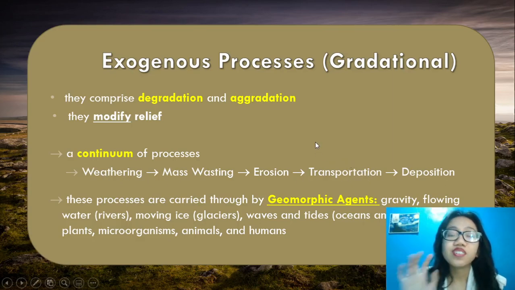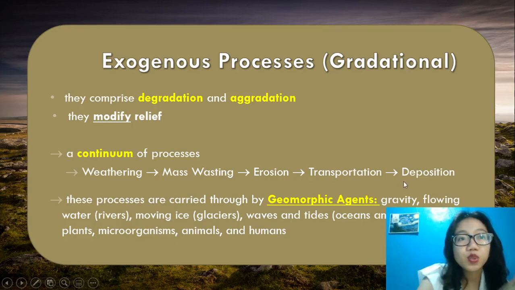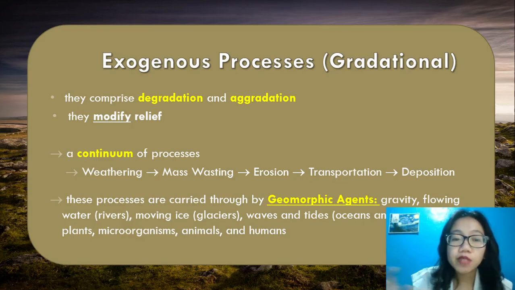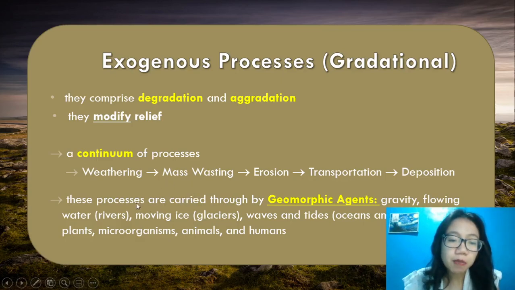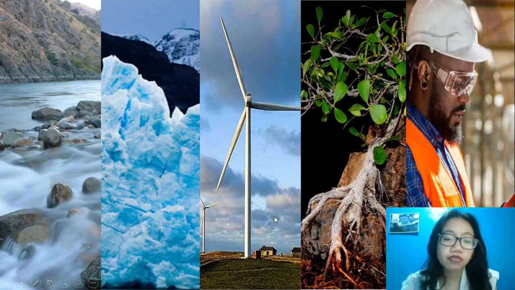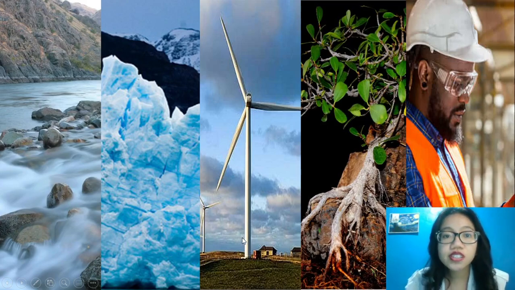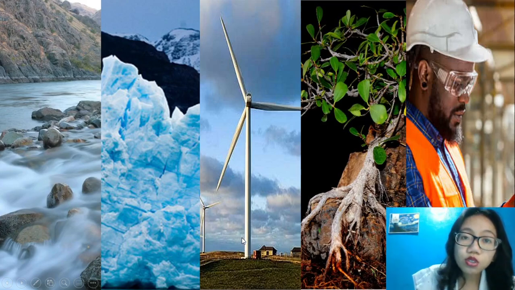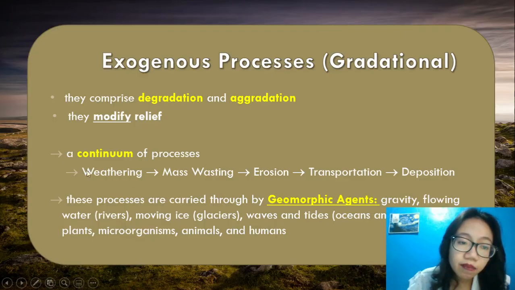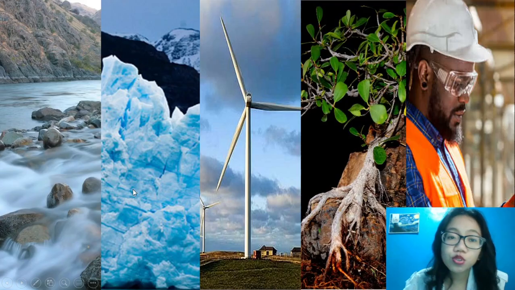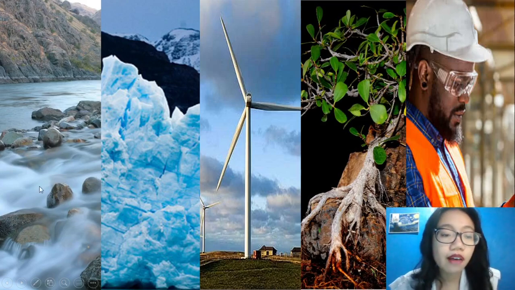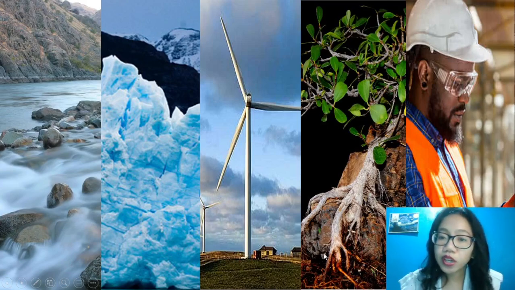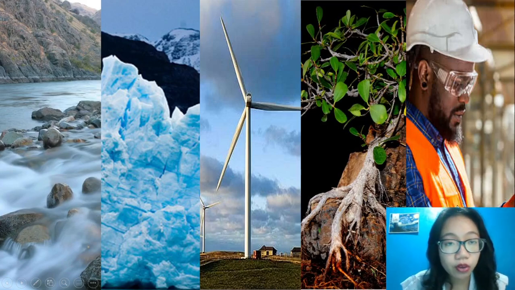Okay, so again, just to clarify, all these steps are not necessarily happening in just one certain location. Some of the steps may happen, or just one of the steps may happen. Okay, so these processes are carried through by geomorphic agents. So when we say geomorphic agents, these are the factors which cause the weathering or the continuous exogenous process. So as you can denote from the pictures, you have your water, ice, wind, plant life, and of course, human